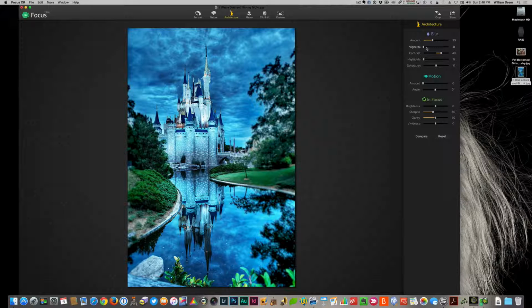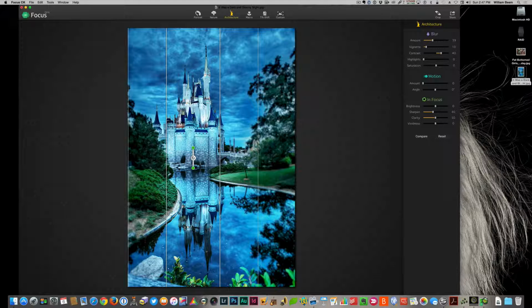You can also add just a little bit of a vignette, just like we did with the other one, that kind of brings your eye to the castle. And this one I particularly wanted to use because you've got a mirror reflection down here. So you don't want to just have a simple spot over here. You want to have that long vertical one. And if you're shooting architecture for tall buildings, that's really going to help you out having this kind of setting going on here. The same rules apply.